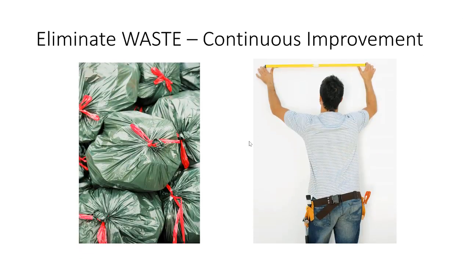We'll move on here. The idea in Lean is there's really three concepts. Two of them are here: elimination of waste and continuous improvement. These are the activities that we are doing. We're constantly eliminating waste and constantly continuing to improve the way we work. The third element is the idea that we want to be delighting our customers. Relentless focus on delivering value to our customers, which, if you were to draw a picture of it, would be the goal: to deliver value to your customers quickly.